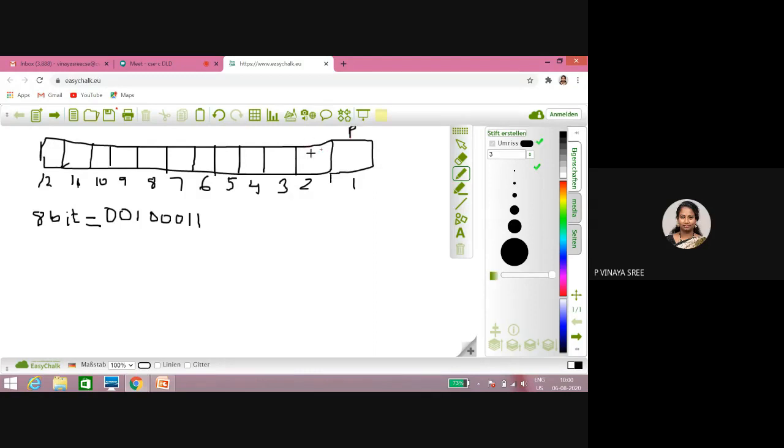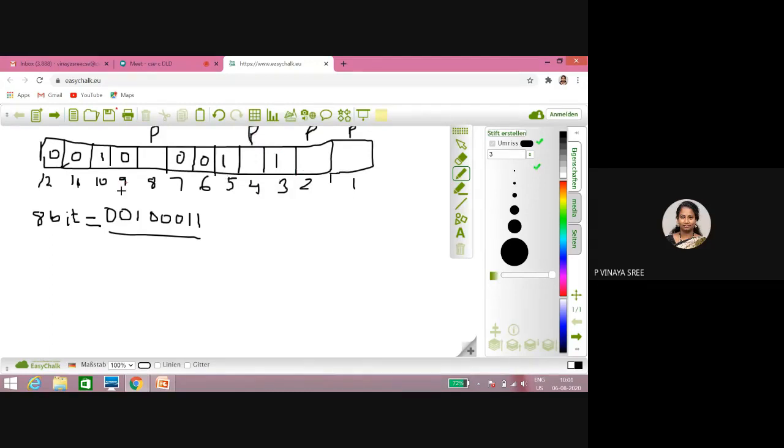This one is your parity. P2 is also your parity. P4 is parity. P8 is parity. And remaining places you have to write this. So 0 0 1 0. Parity, don't write in parity. See, this bit is occupied for parity, so remove. And next this 0 0 1, and this you should not write here. This is parity bit, and 1.